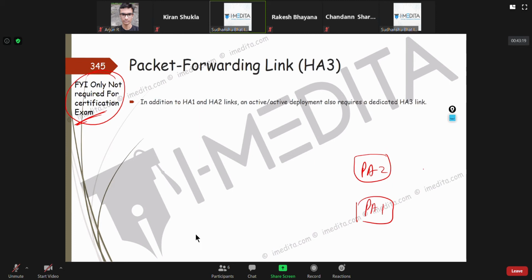Sometimes a packet that was initiated here went using Palo Alto 2, so this became the session owner for it, because it established the entry in the session table. Now the return traffic, if it comes to Palo Alto 1, it can use this HA3 interface to forward it to Palo Alto 2 so that it can take whatever action is necessary based on the session table.